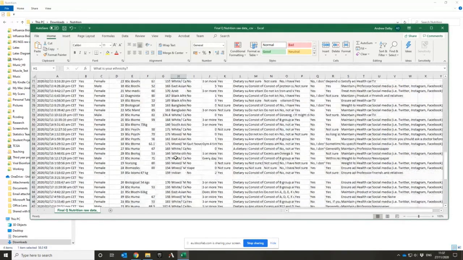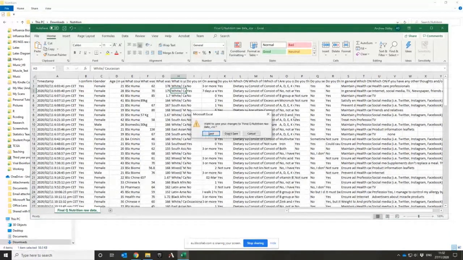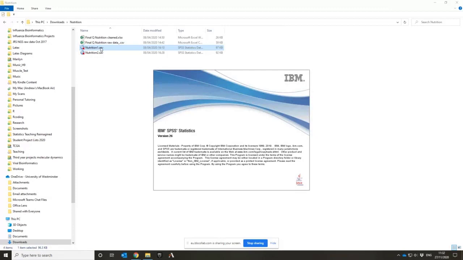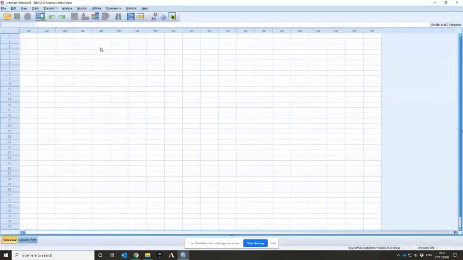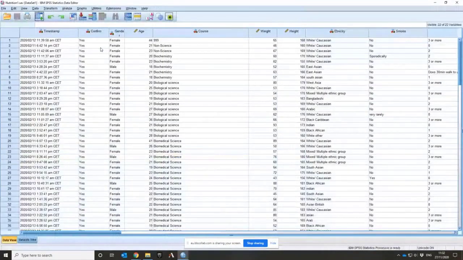Now here, it's rather difficult to do. So what is your ethnicity and things? This is where it's a good idea, after you've done a bit of cleaning up, and I did a bit of cleaning up, to import it into SPSS. So once you've done a bit of cleaning for obvious things like missing data and numbers that are not numbers and things like that,